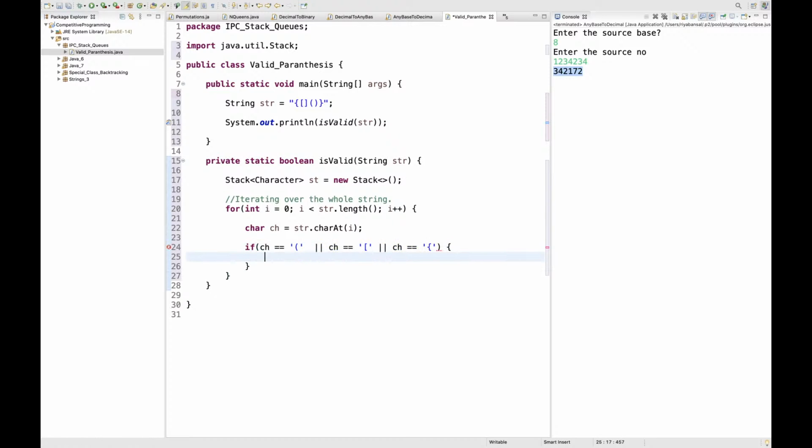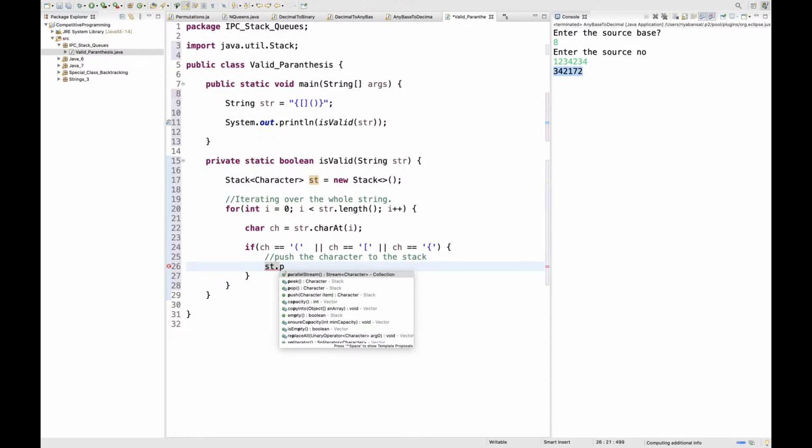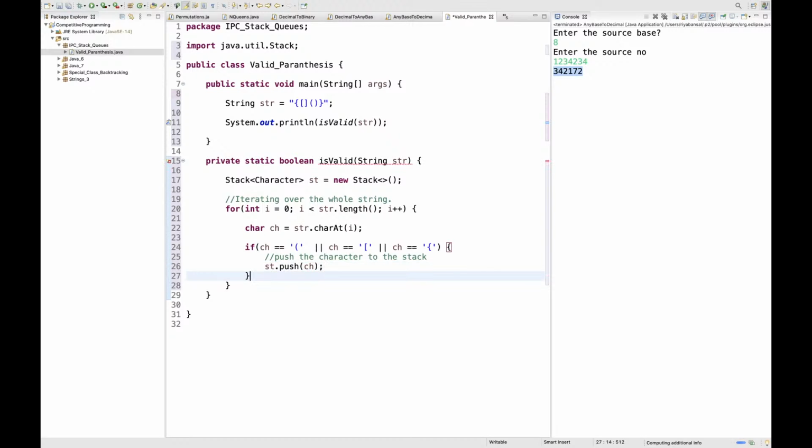If it is any of these characters, then I simply push the character to the stack. And how do I do it? I do simply st dot push and I simply do ch. Okay? In the else case, it is always going to be a closing bracket.